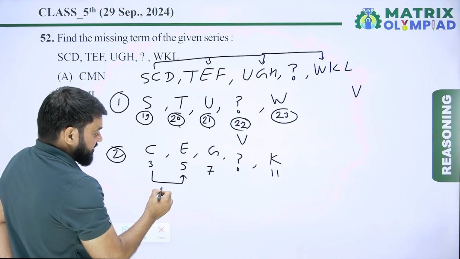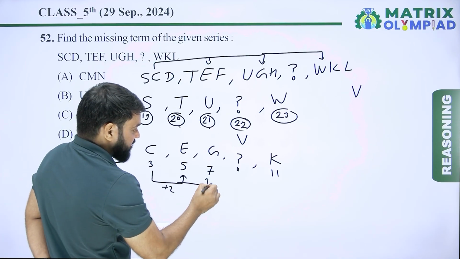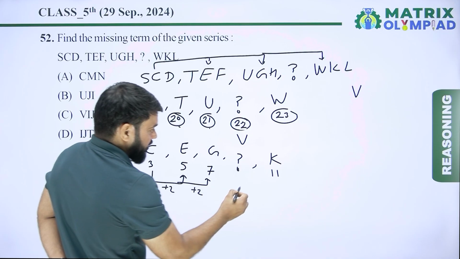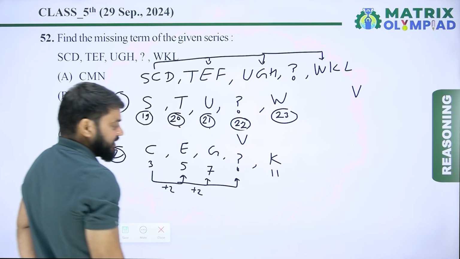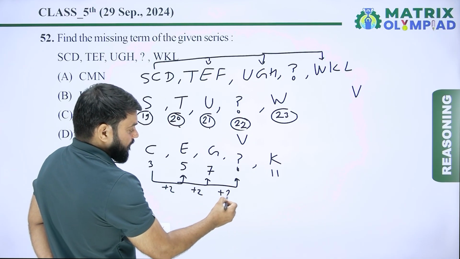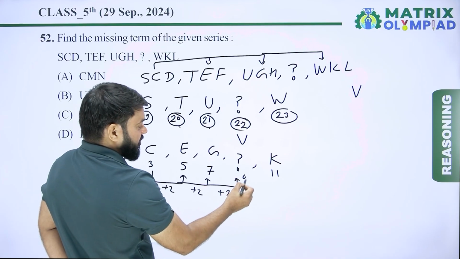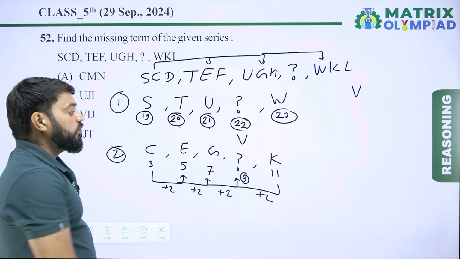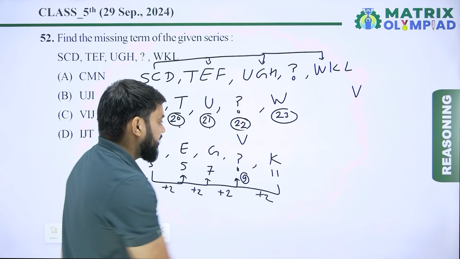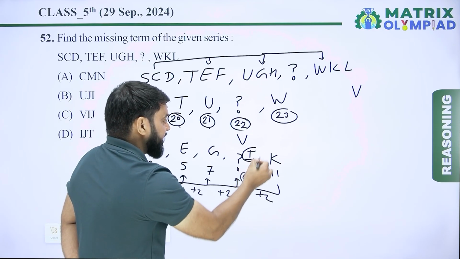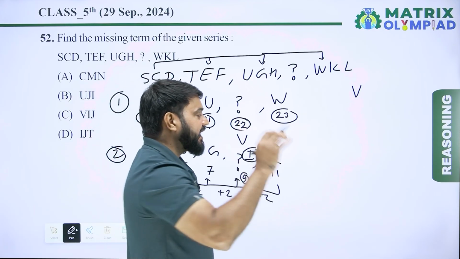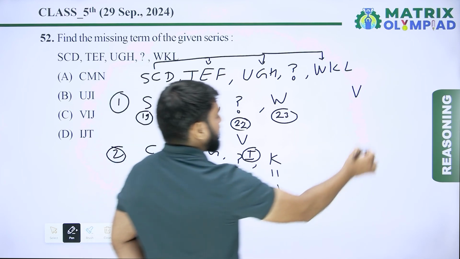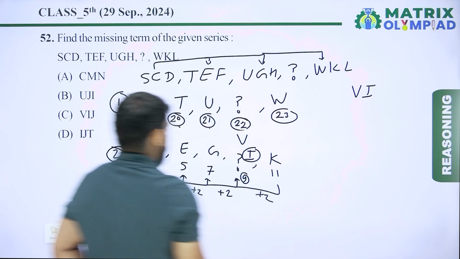3 to 5, it means plus 2. 5 to 7, again plus 2. Similarly, 7 plus 2 is 9. Now 9 plus 2 is 11. So 9 means I, because the place value of I is 9. So the second letter of the missing term is I. V-I. Now